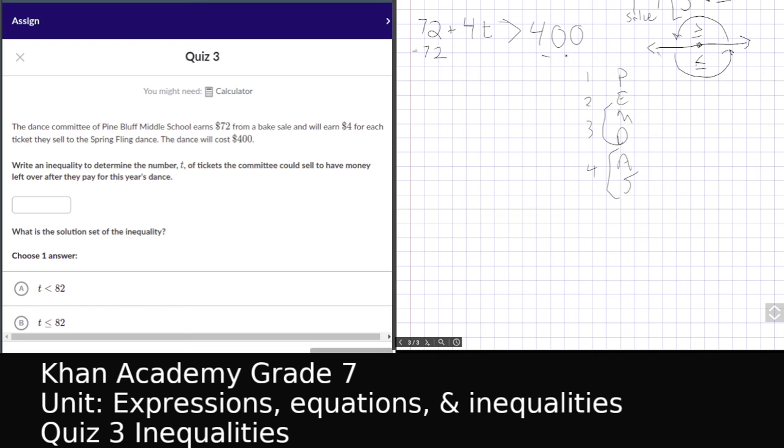And I'm going to subtract 72 from each side. Consistently cross my sevens there. 72 minus 72 is 0, so 4t is greater than 328. And I'm going to divide by 4. That's the next step up here. That is 82. So t is greater than 82. So 82